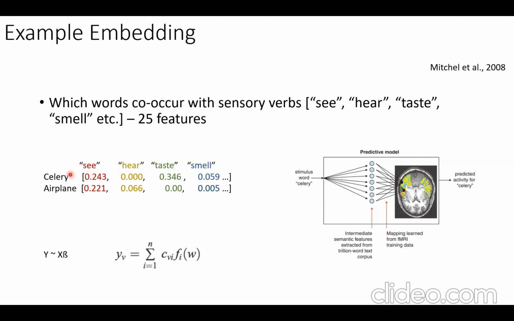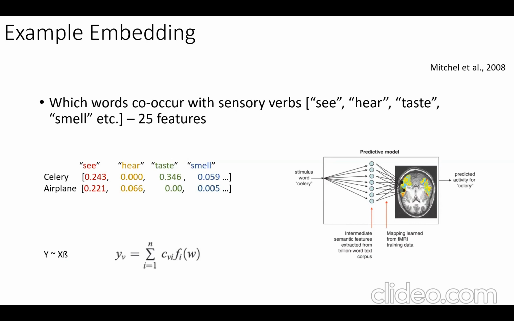In a sense, now, instead of representing celery as a single thing that happened only once in the experiment, they represent celery as a combination of linear features, which are these 25 verbs. And they try to predict each voxel's brain response based on these 25 features by fitting a linear regression. So here, X, instead of being something like animals versus tools, an indicator variable, one for animals, one for tools,